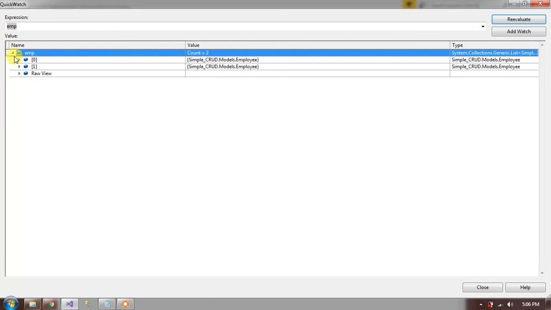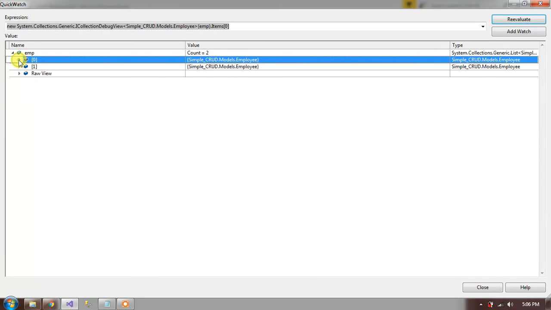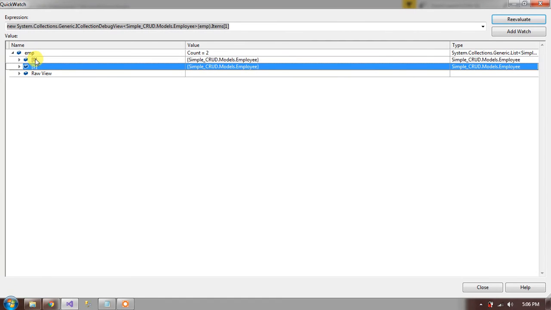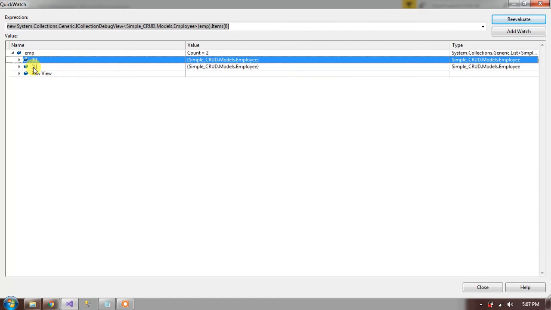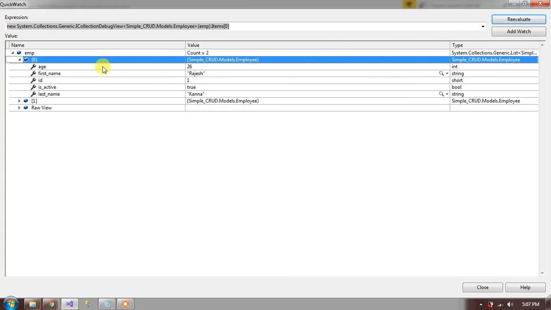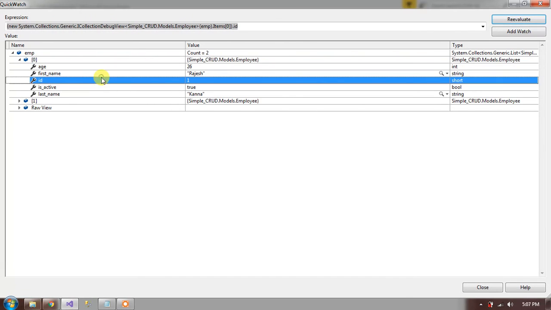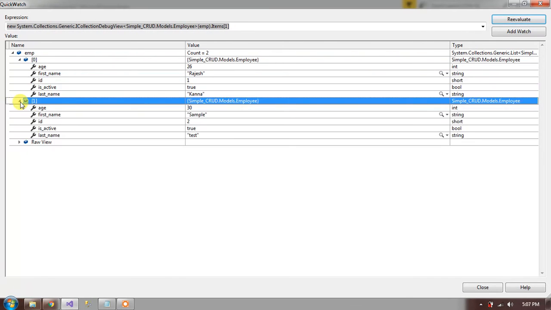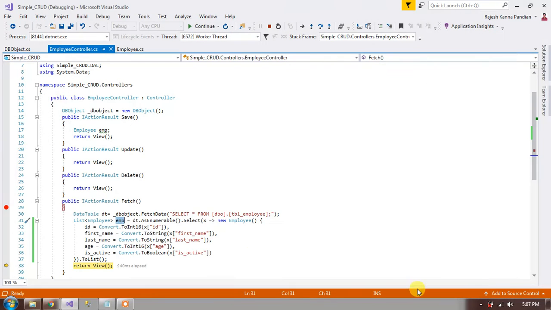This is our first employee, second employee, so 0 is first and 1 is second. See, we have the first name for the first employee, and this is our second employee. In this way we can assign a value from a data table to a list of objects.